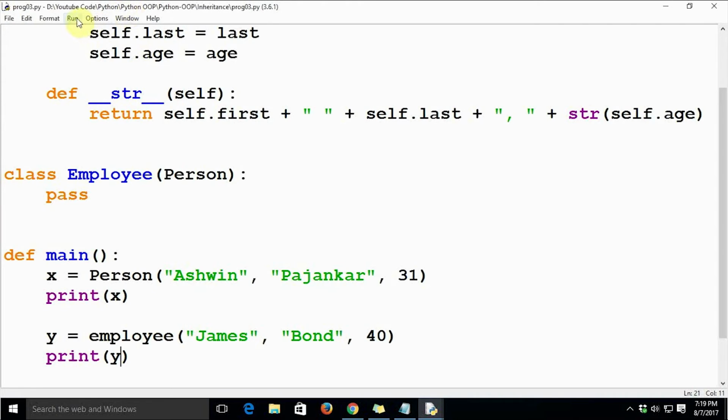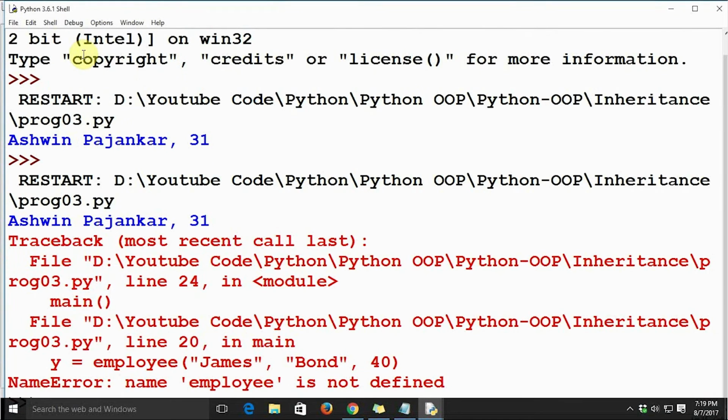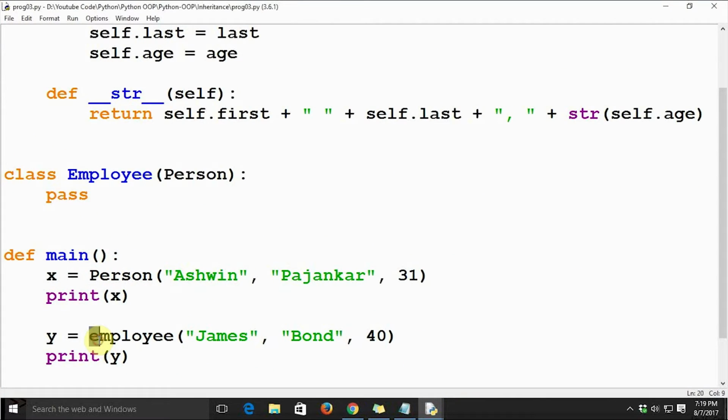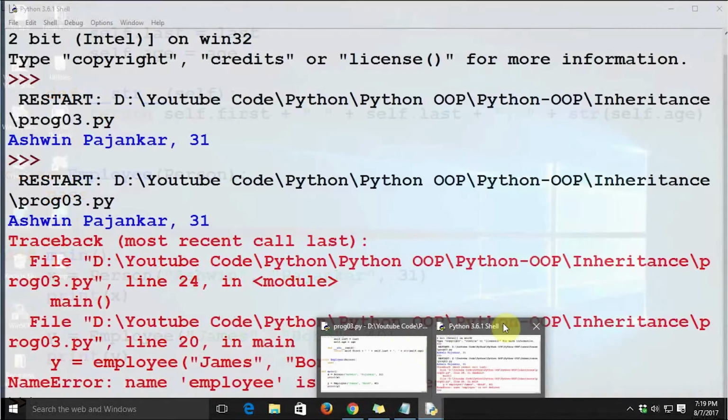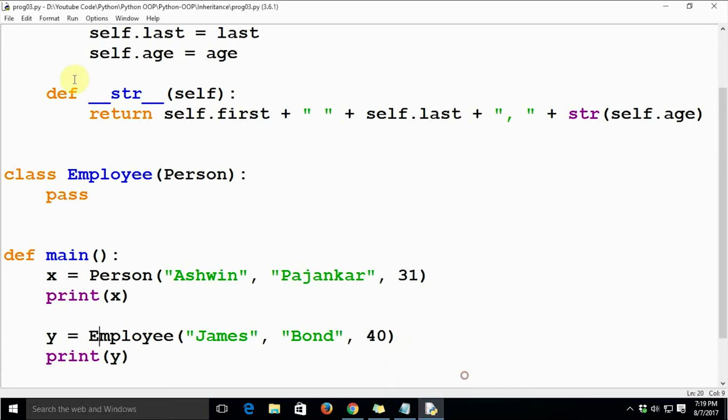Now let's execute the code, and it returns an error. I know where the error is. We have just said employee, so the E has to be capital. Let's close the shell, and when we run the module, it is going to reopen the shell, so we will get fresh results.